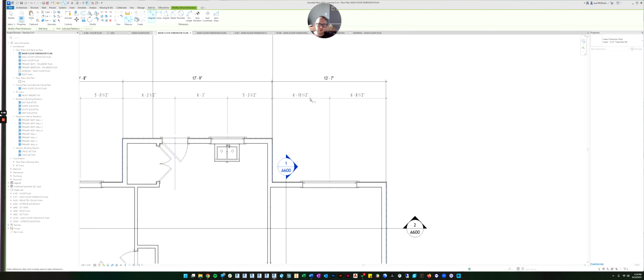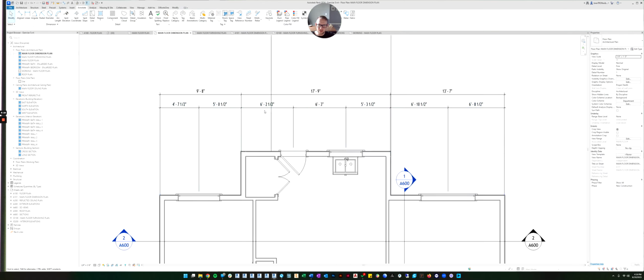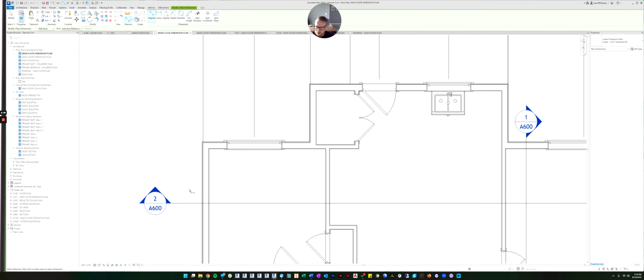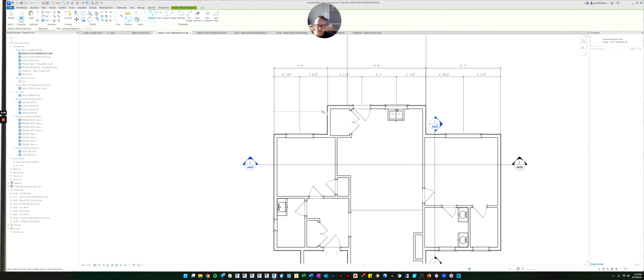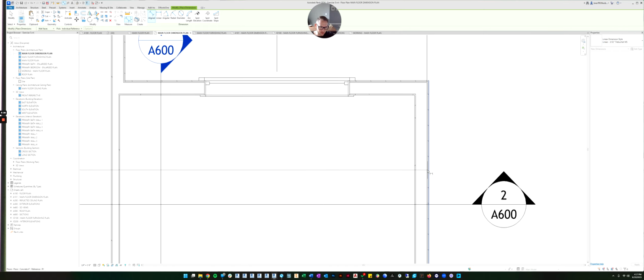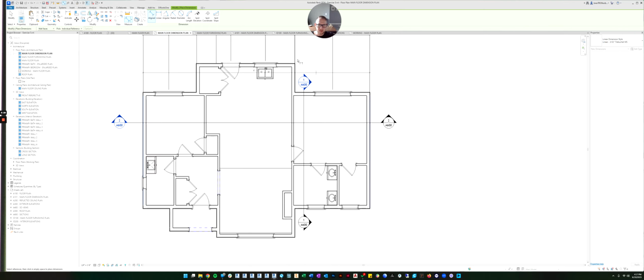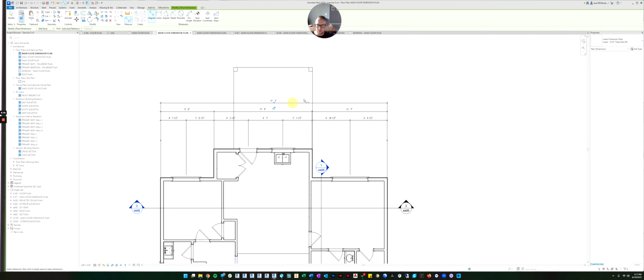And if you move the dimension string around, you'll feel that it snaps a certain distance away. Revit has snaps so that your dimension lines are consistently the same spacing apart from each other. So you can kind of feel it if you move it around and then click to set the dimensions in place. So now let's do the last one. Let's open the dimension command. And now we're just going to go the full width of the building and put it on top.